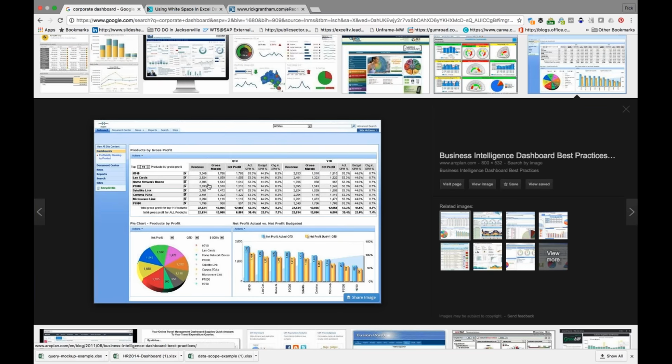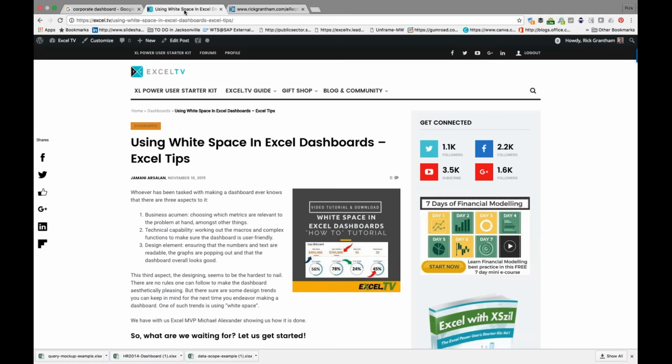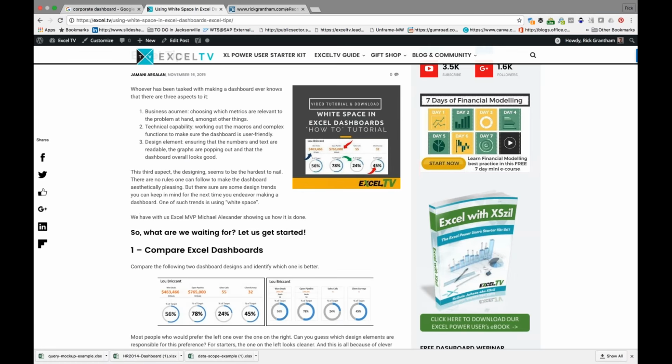But there's another way to do segmentation, and this has really only come out in the last few years. I'll make this link available afterwards. There's a guy named Michael Alexander who wrote most of the Excel data visualization books that are out now, except for Jordan Goldmeyer, who's written quite a few as well. If you're looking at Excel Dashboards for Dummies or any of those sorts of things, Michael Alexander wrote it. Michael Alexander also happens to run a blog called DataPig Technologies.